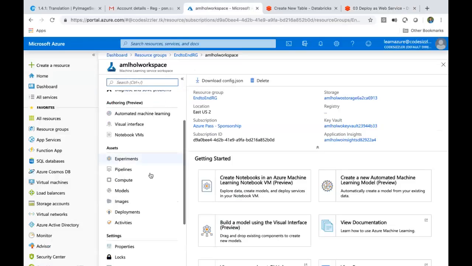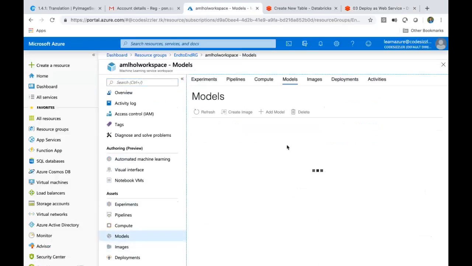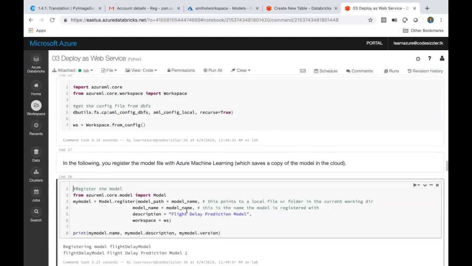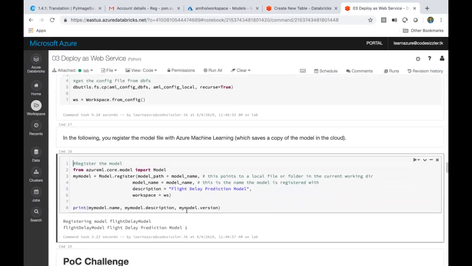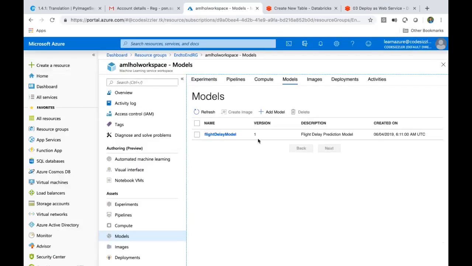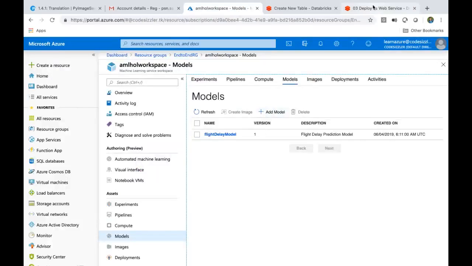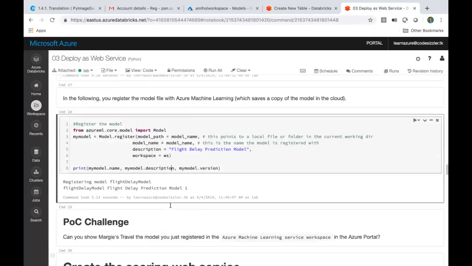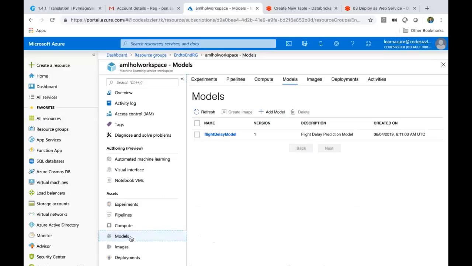So if you see here, models, we have experiments, pipelines, and all those things, right? You'll find very soon you'll find this model here. See this here? Flight delay models. What we are trying to do with the Databricks account or Jupyter notebooks, whatever it is, you can just do the same thing here. And this is automated, right? You don't have to worry about always creating this. And another very important point is, see here the version 1. Again, if I say execute this again, it creates a version 2. And if I execute it again, it creates version 3. So first of all, registering the model is very important. And we have done it just now. We are able to see that, right? Everyone is able to see it inside your model section here. Let's go.